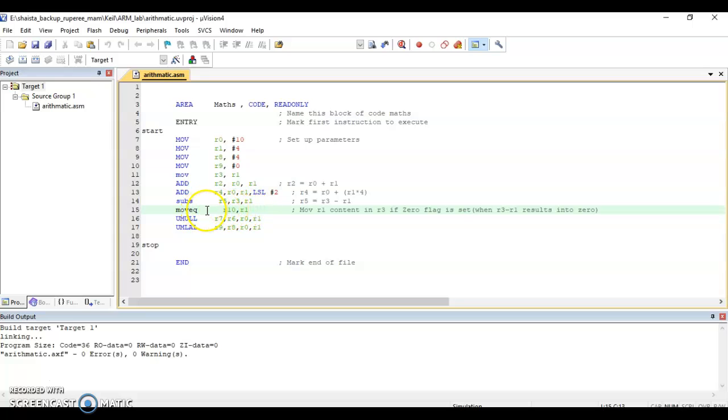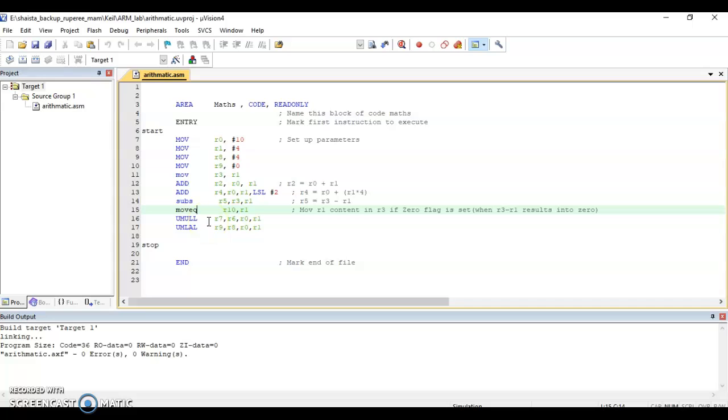Here I am doing a subtract operation, so if R3 and R1 are equal, my answer will be 0 and my zero flag will be set. So indirectly I am checking equality only. If it is equal, by checking the zero flag, then the R1 content will be moved into R10. Otherwise this instruction will be skipped and it will come to the UMULL.